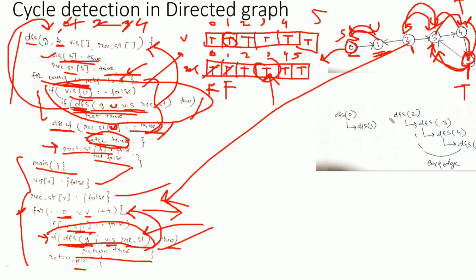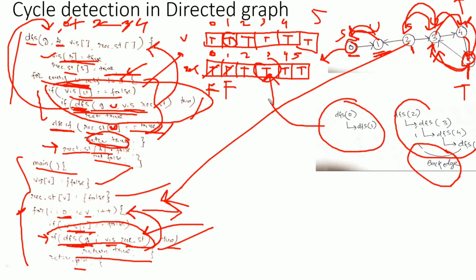So if there is a back edge, it means there is a cycle, and we are using the recursion stack to keep a record of the visited vertices in a recursive tree. So for each recursive tree, there will be a recursion stack. And after completion of a recursive tree, if we do not find any cycle, we need to change the recursion stack back to its original value so that we could start for the next recursive tree. So this is all about cycle detection in directed graphs.